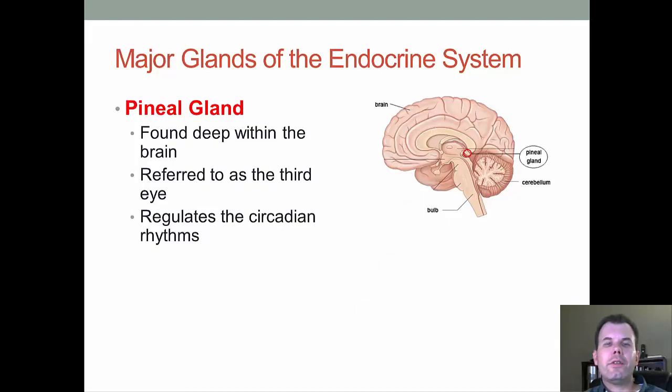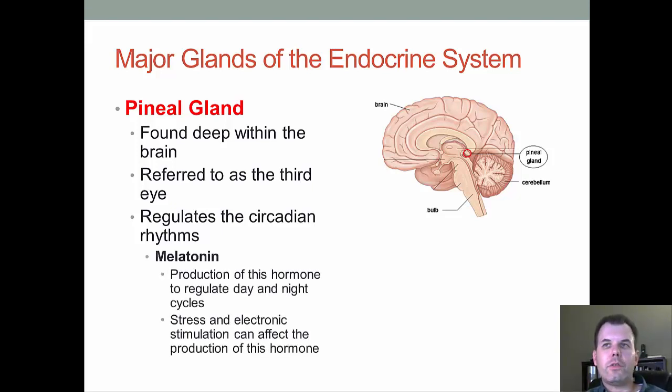Now another gland is the pineal gland, and the pineal gland actually sits in the back of the brain. A lot of times we refer to this as the third eye. So you hear these stories about people having that sixth sense or the third eye. Why we call it the third eye is because this gland regulates our deep sleep cycles, and regulates our circadian rhythms. You may have heard these things, and so it relates to when we wake up and when we go to bed. And the one thing that it secretes is melatonin,